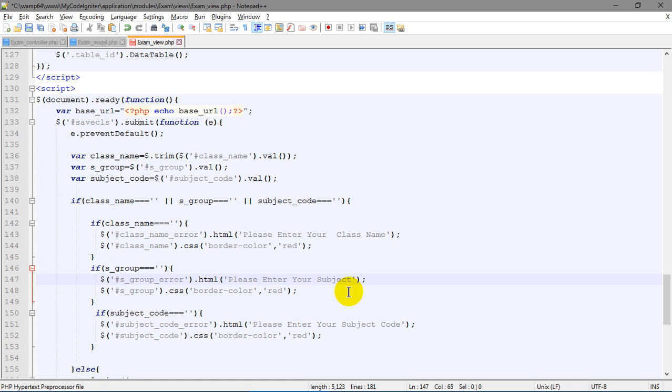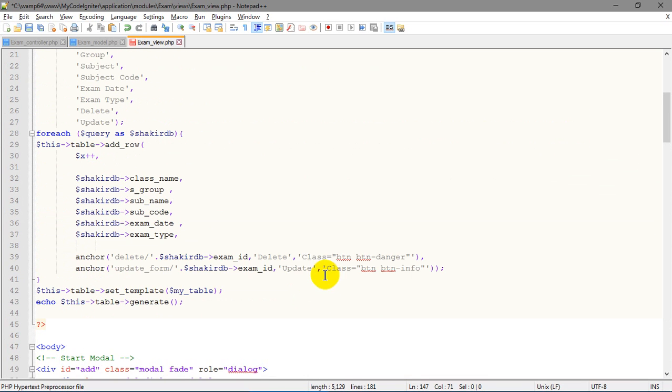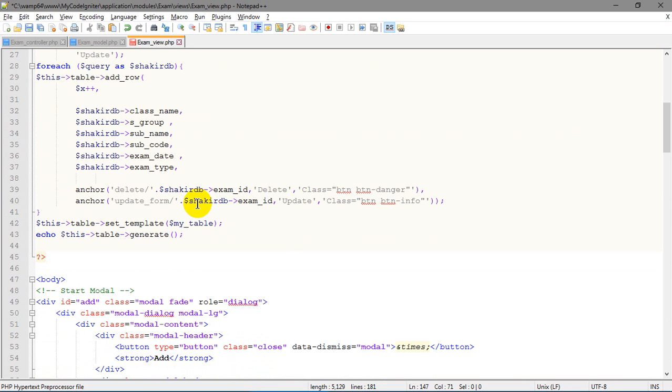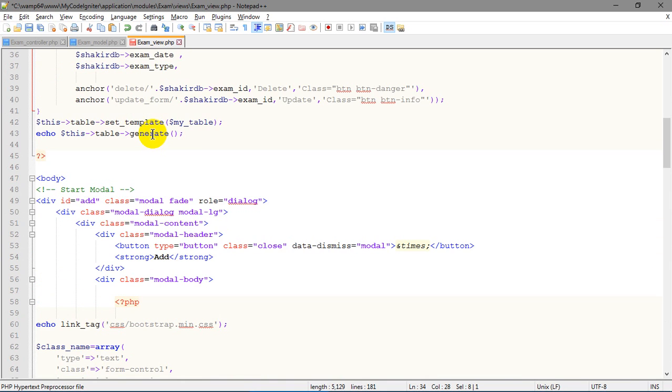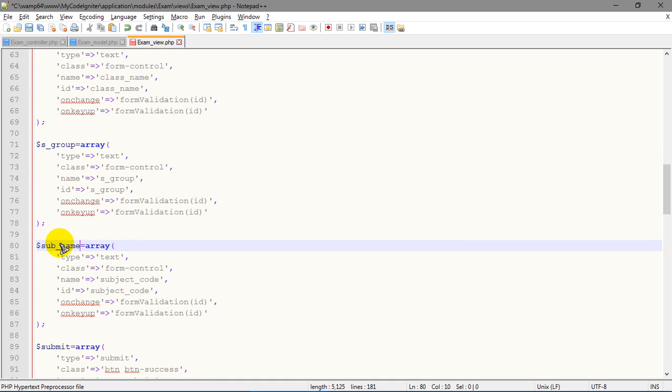Your subject group. Present your subject group. We go to then subject name, replaced it subject name, subname, type text, form control, and name is also subject name, id is also the same,